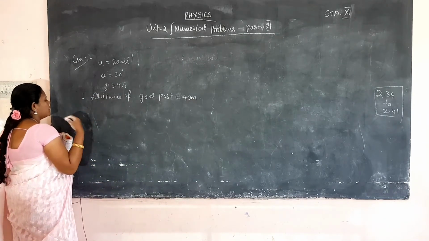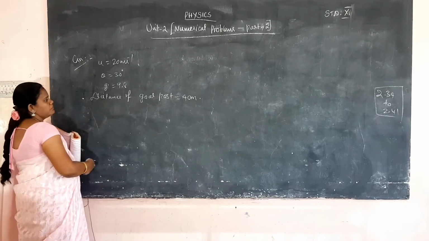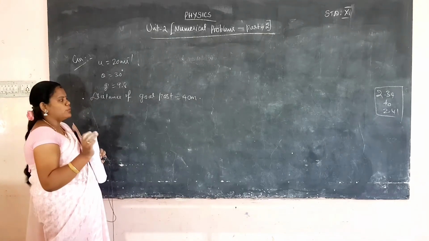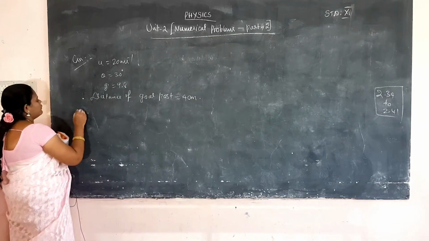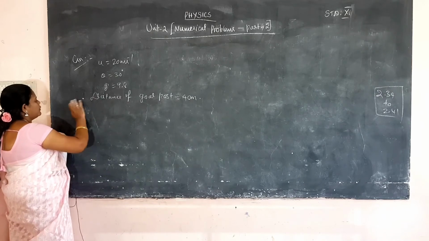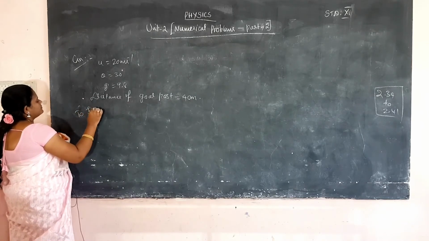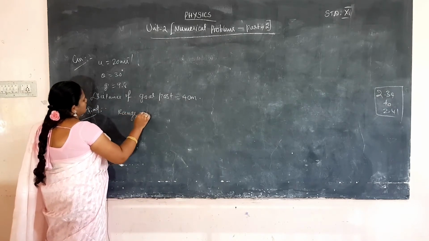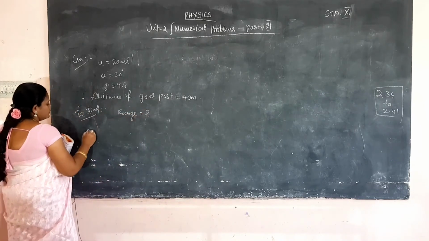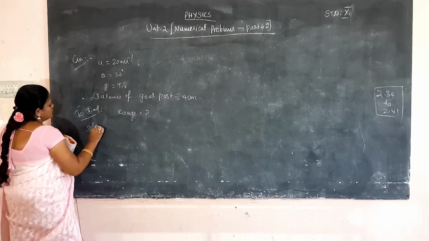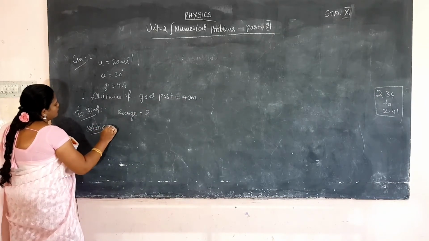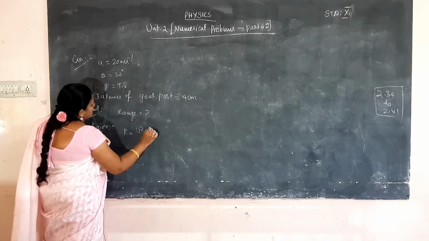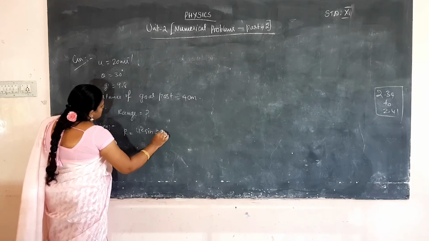The range of the ball is where it starts and where it hits the ground. If we find where the ball goes and lands, that range is enough. We need to find the range, which is equal to question mark. So the solution: what is the formula for range? Range R is equal to u square sin 2 theta by g.